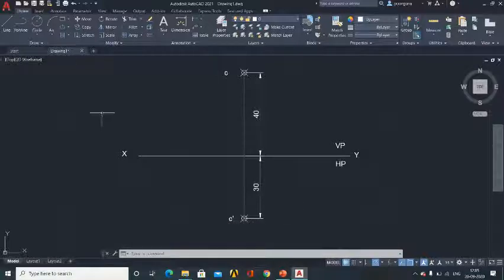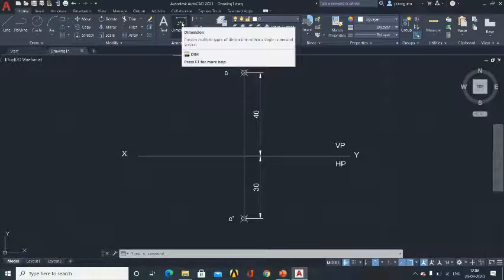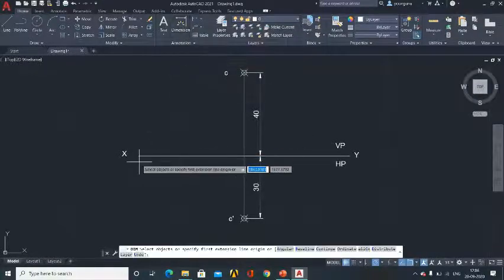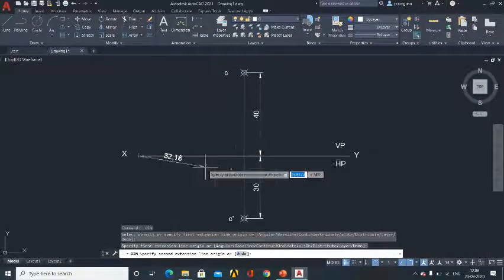Please do the dimensioning. Just click the dimensioning. Which dimension you need to measure, the starting point and end point. So you push the cursor out, and if you click the left mouse button, you can do the dimensioning. Okay, so I will once again repeat. So click the dimension, go to the starting point.